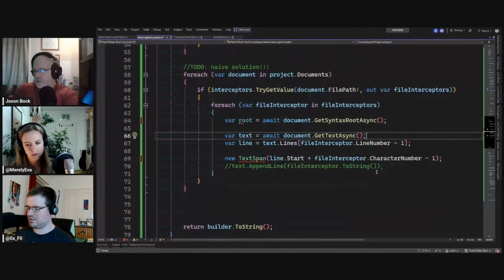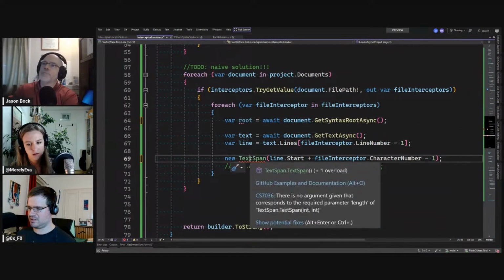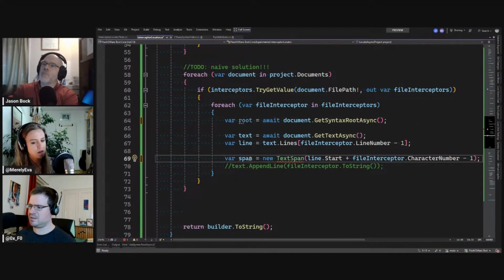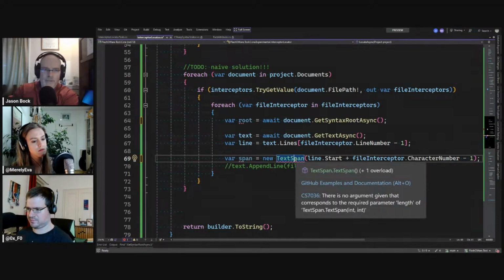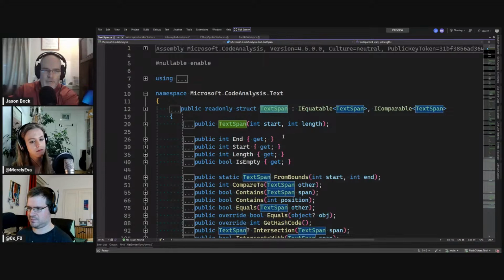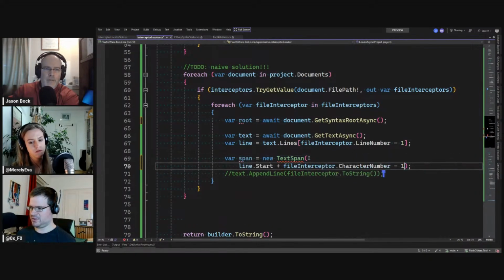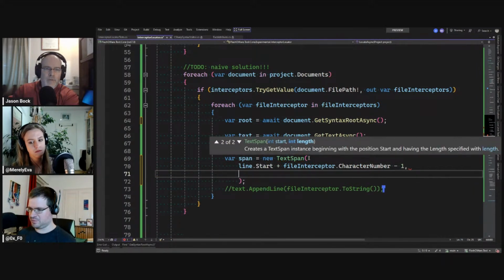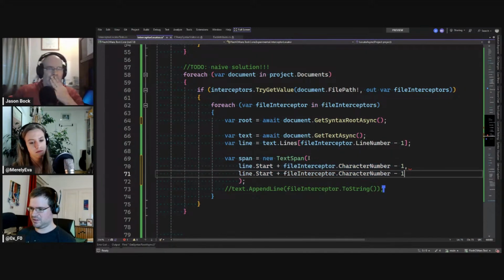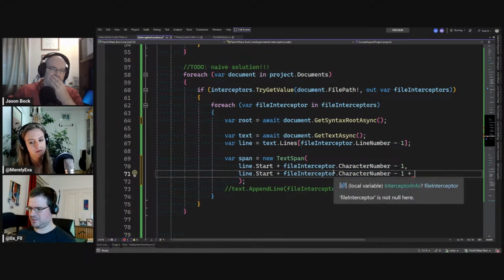The character number is 1 from the start of the line. But you're also creating a text span here, and it requires a length parameter too. So the length would be the same, plus the character.